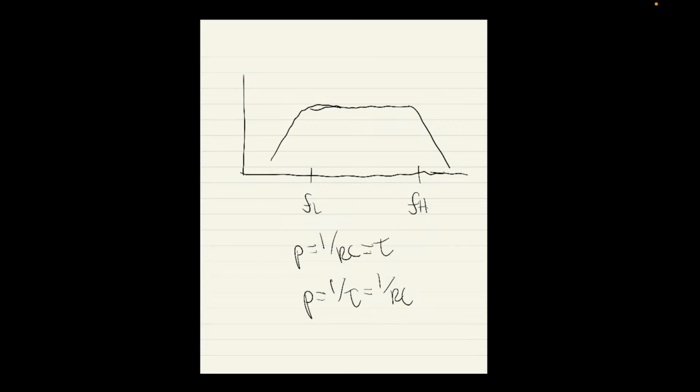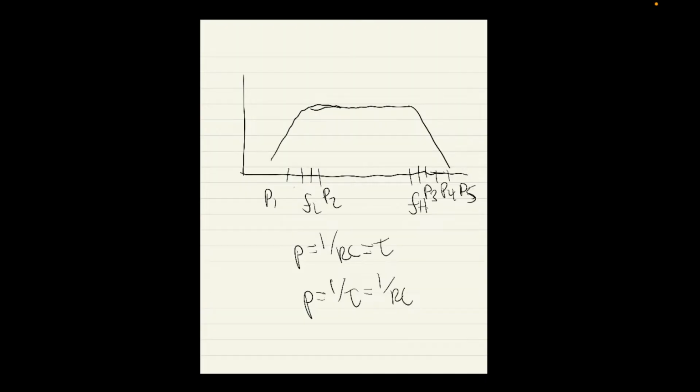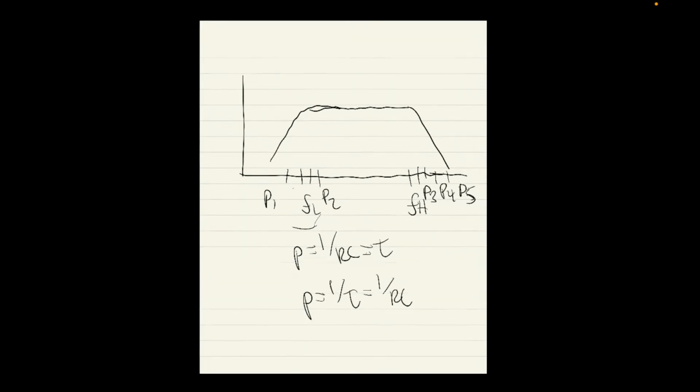Now, this is going a bit into control theory, so I won't go into too much depth. But the idea is that you can graph or put all of your capacitors somewhere on this graph. So this could be pole 1, this is pole 2, maybe pole 3, pole 4, pole 5. And these are all dependent on their C values, which I'll go over in a sec. And so what our algorithm does to find FL is that it finds an upper bound for our lower cutoff frequency